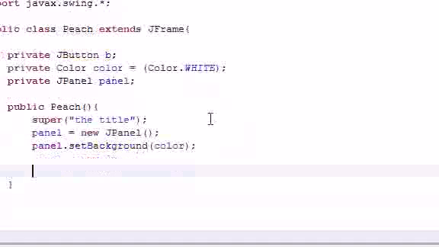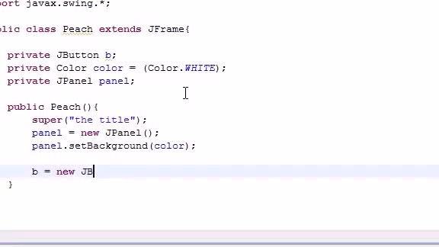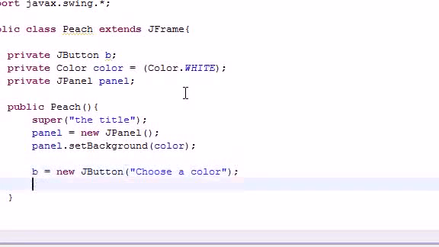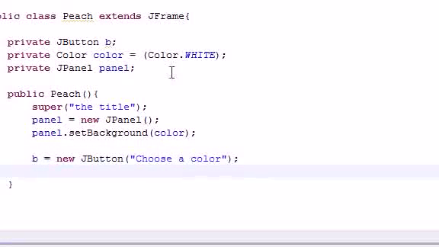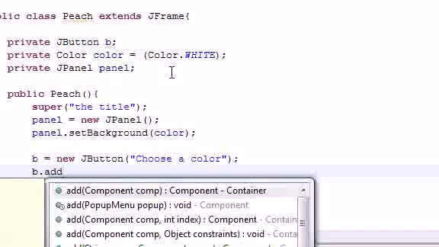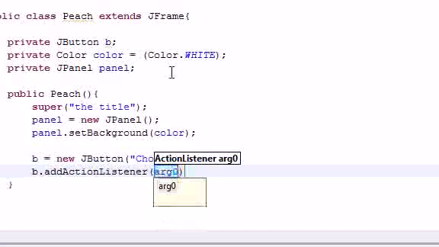So now let's go ahead and add our button to the screen. So B equals new JButton. For the text on our button let's just put "Choose a color", because when they click the button they're going to need to choose a color. So now we can add some functionality to this. So B dot addActionListener right there,